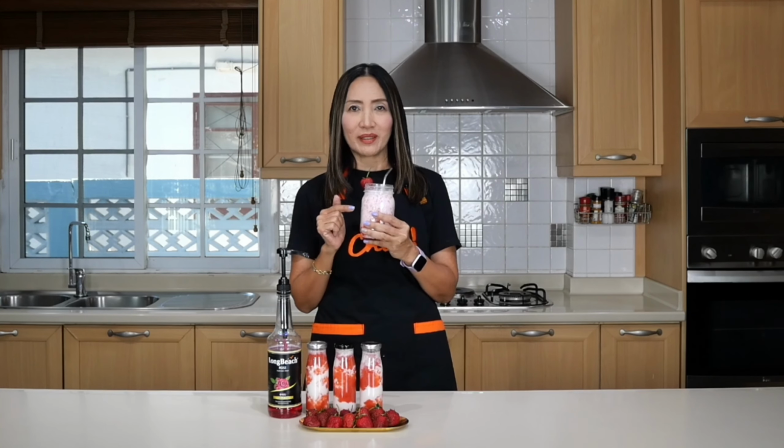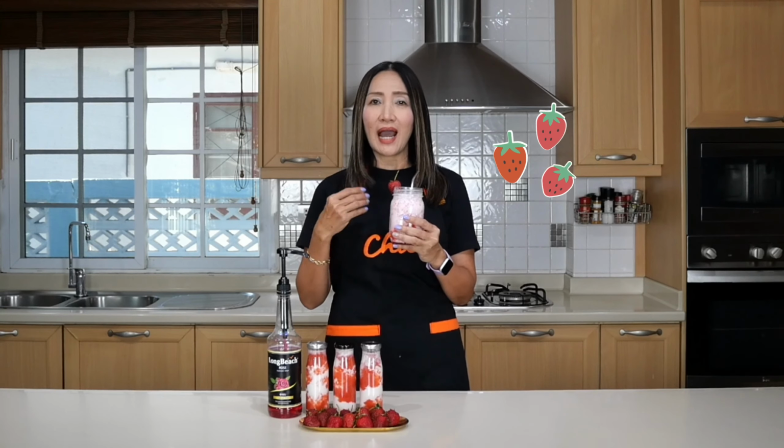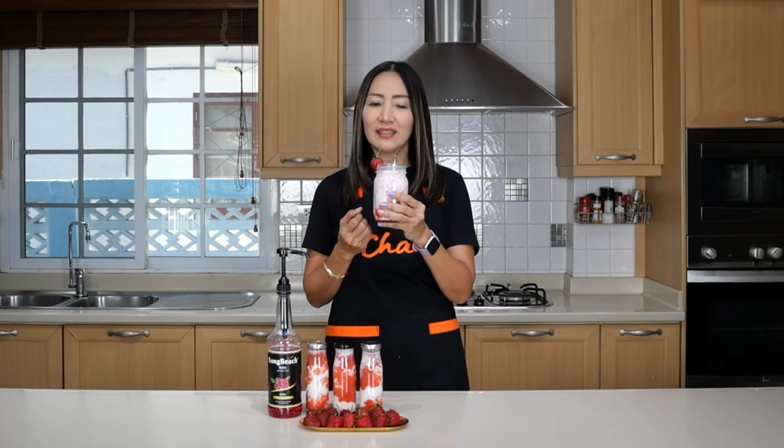So what does the addition of rose do to your strawberry milk? When I have my favorite strawberry milk, it normally is satisfying, very filling because of the strawberry and the milk. And when I added rose syrup into this, it just makes it cooler somehow, making it more refreshing and delightful